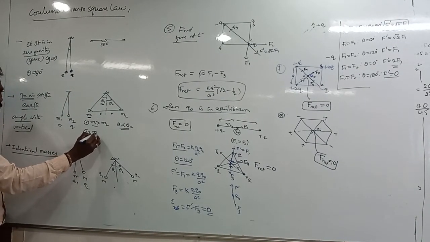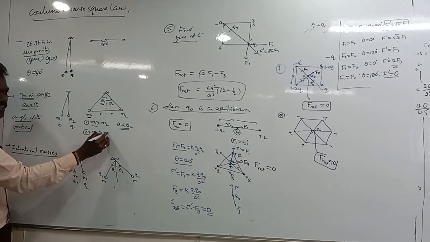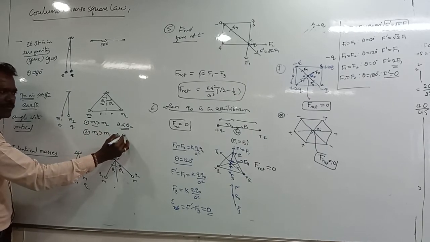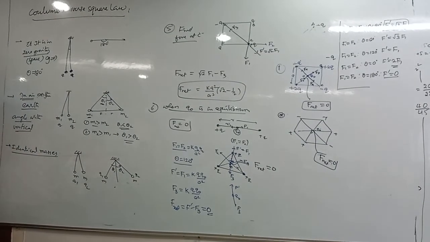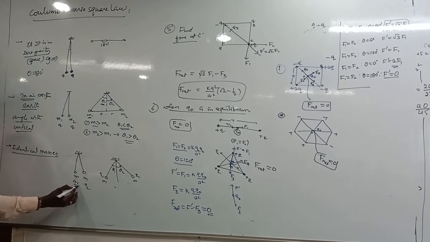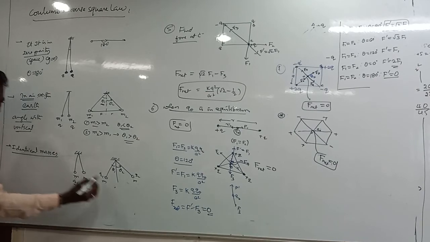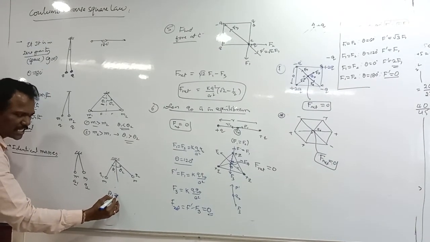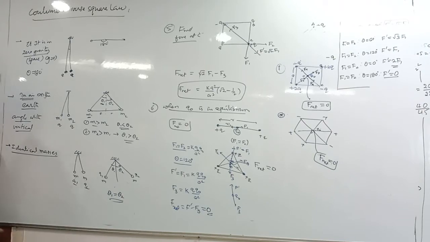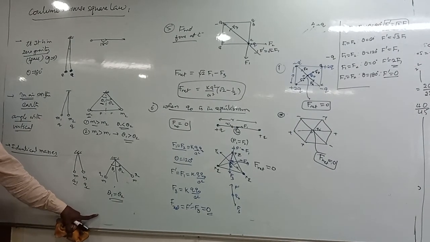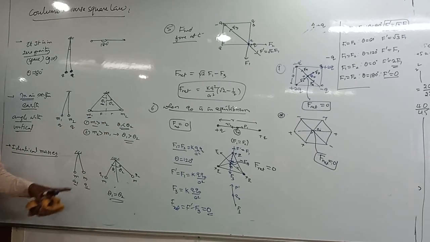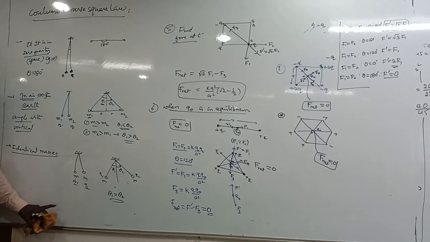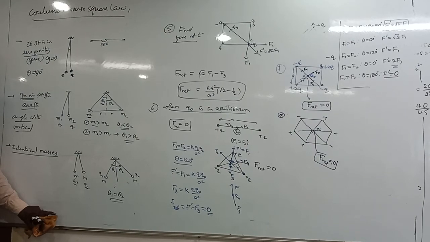And if m2 is greater than m1, theta 1 is greater than theta 2. For equal masses having different charges, theta 1 is equal to theta 2. So the final conclusion here is that theta depends on the mass of the charged particle only. It is not depending on the charge on the conductor. Okay. Okay, we'll see it later.